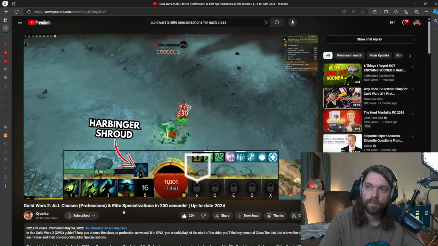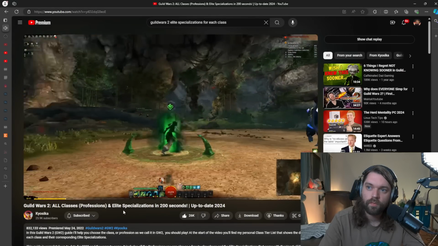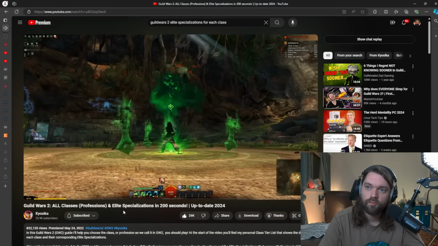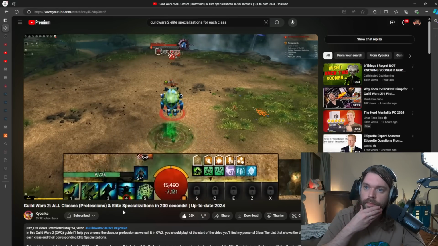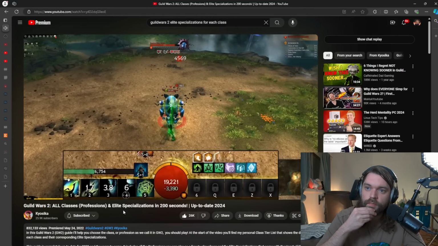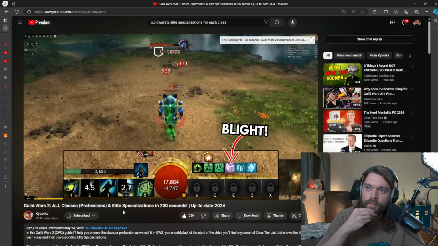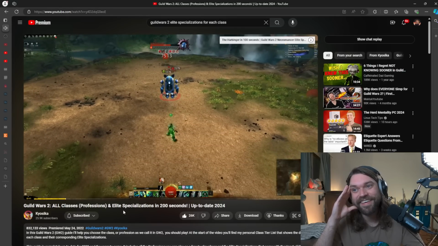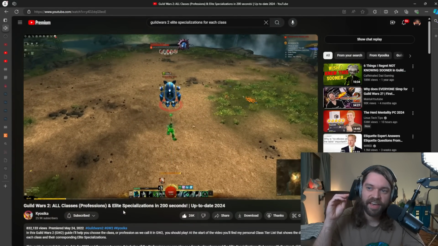The unique profession mechanic for the Harbinger is the Harbinger Shroud. The Harbinger Shroud functions like the other Necromancer Shrouds. However, the Harbinger Shroud gives the Necromancer a number of mobility and damaging skills. But more importantly, while in the Harbinger Shroud, a Harbinger will accumulate Blight over time. Blight is an effect that reduces your maximum health, so staying in the Harbinger Shroud for a while can make you more vulnerable. However, Blight can also be used to your advantage by selecting specific traits